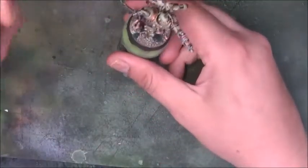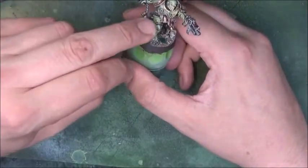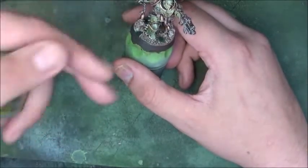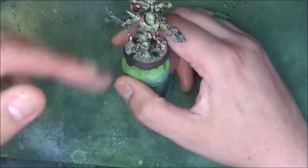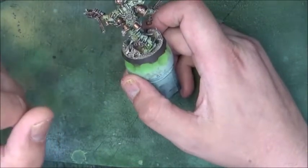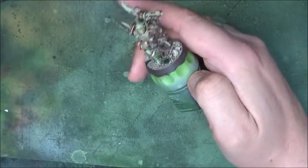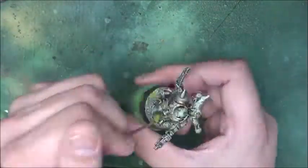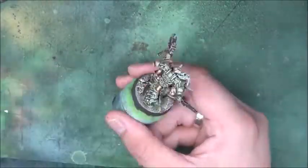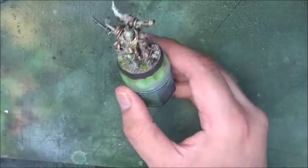Starting with the Nurgle's Rot, and this is of course for the pools on the base, but also for all the little sick dots, spots, bubbles, and wherever else I feel like adding them, basically. As we've given the miniature a matte finish, it does a lot with a bit of shine here and there. And once the Nurgle's Rot has dried, I'll give the pools on the base another coat, but while we wait,